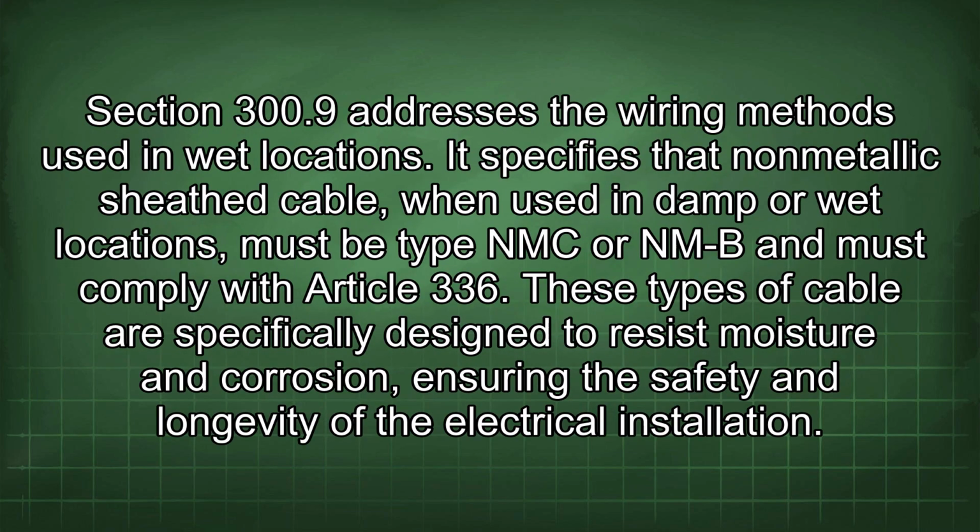Section 300.9 addresses the wiring methods used in wet locations. It specifies that non-metallic sheathed cable, when used in damp or wet locations, must be type NEC or NMB and must comply with Article 336. These types of cable are specifically designed to resist moisture and corrosion, ensuring the safety and longevity of the electrical